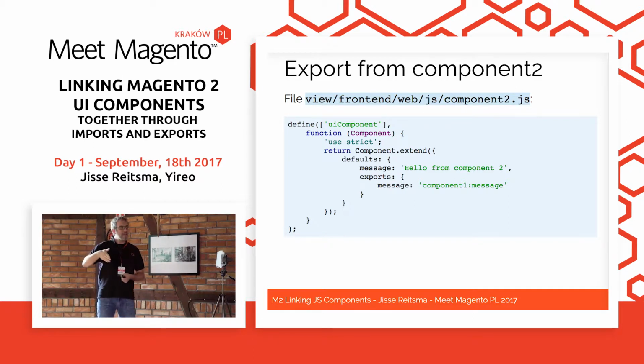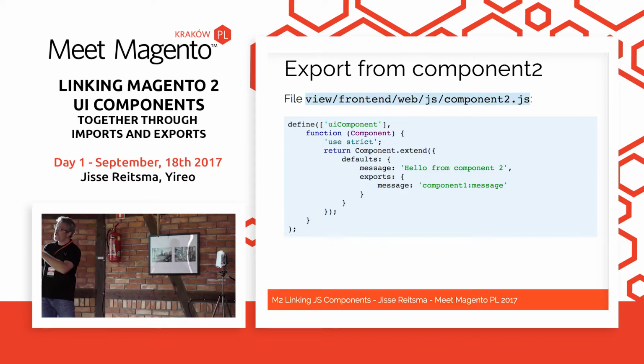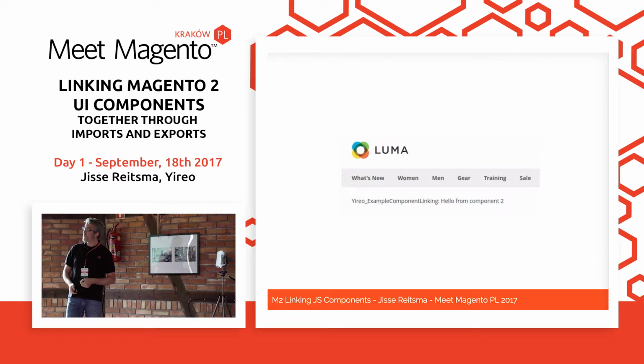Component 1 also has a message property. That message property might have been hello world because that's the proof of concept that we just saw. But now this export is overriding it, and suddenly the message of component 1 is hello from component 2. Proof of concept, it works. I think I'm already 3/4 through my presentation because the only thing I needed to explain was